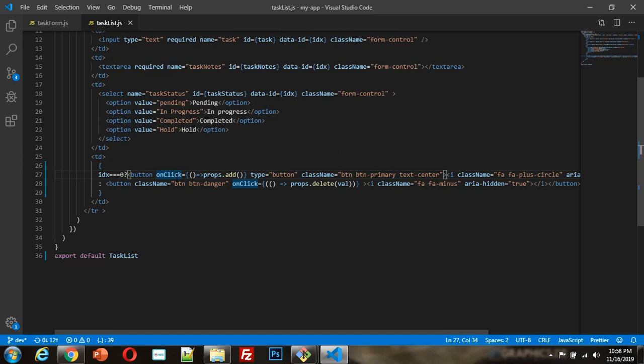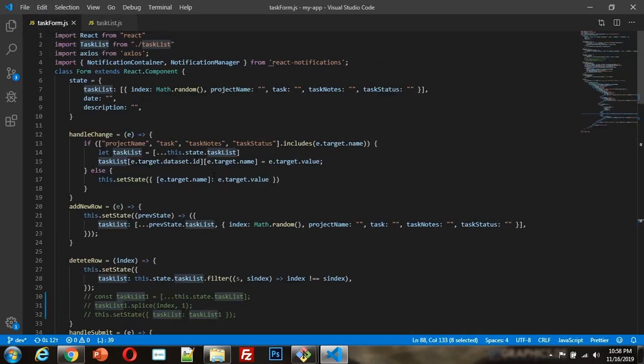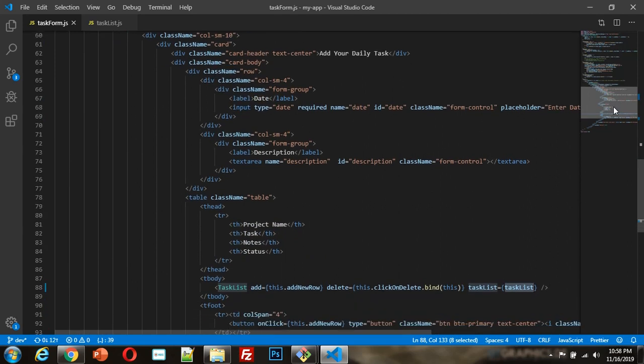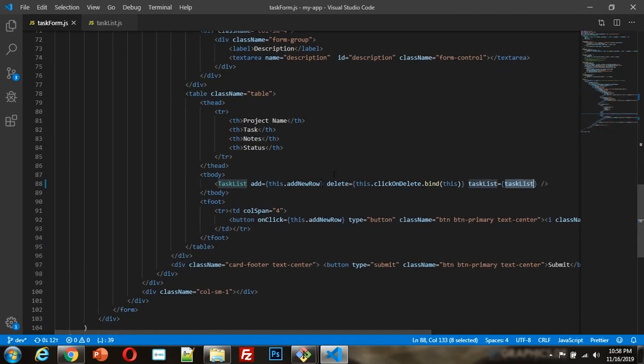One important thing is that whenever I click on the plus icon or the minus icon, it will return a prop. The props are props.add and props.delete. How are these handled? Let's go to the component file and see how I am handling them.